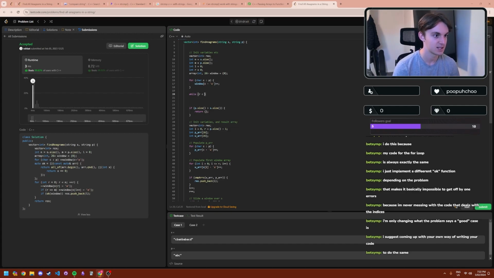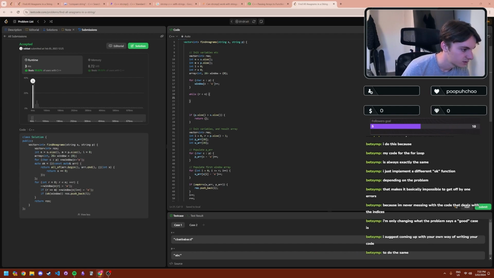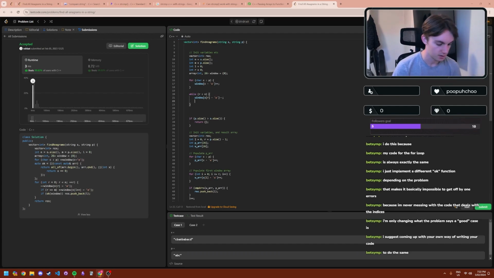Or r is less than n, the size of s. Window take a. Decrement that one, and then if r is larger than the size of p,